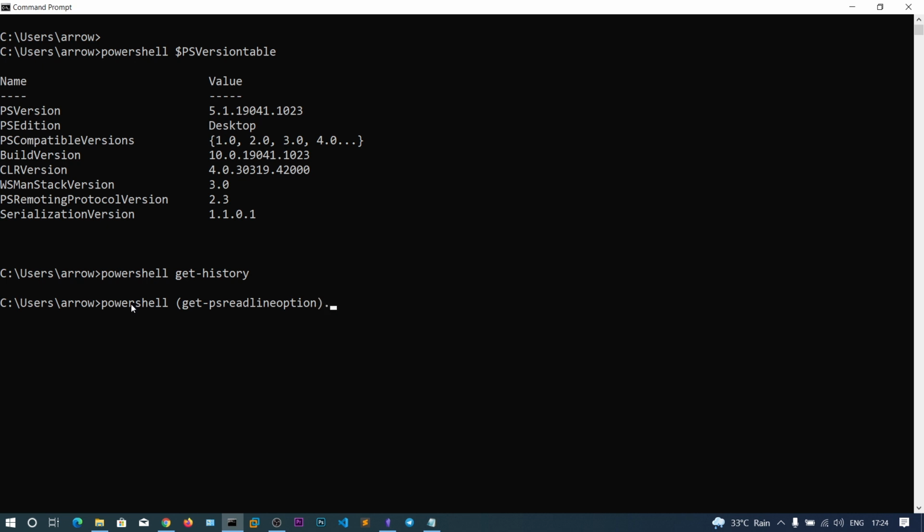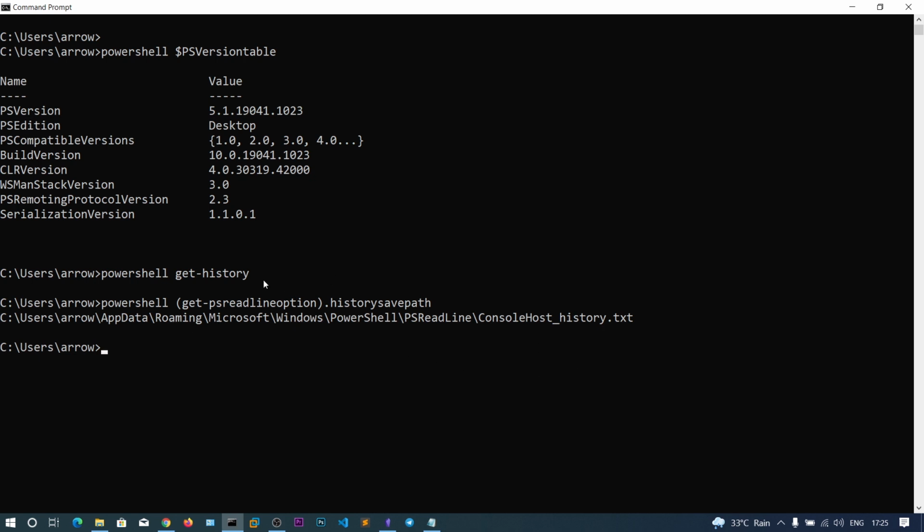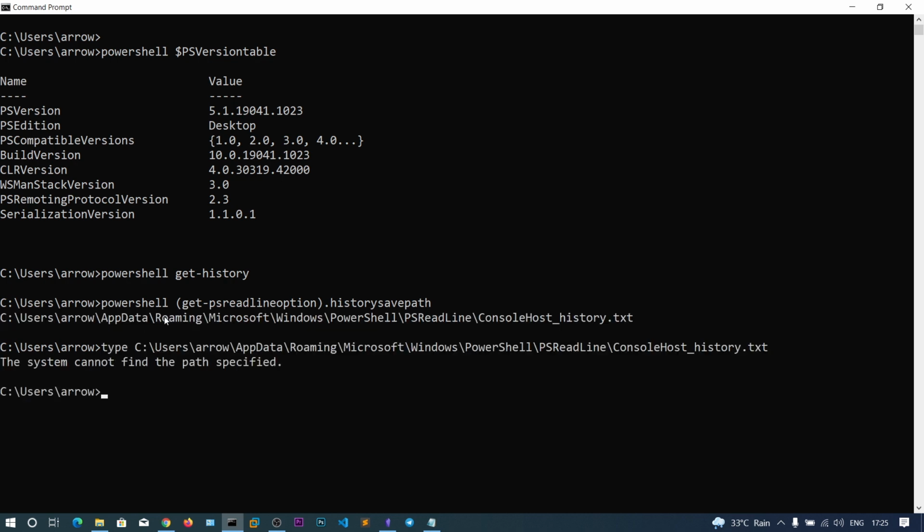This object has a property called HistorySavePath. This is the location where it saves all the PowerShell command history.